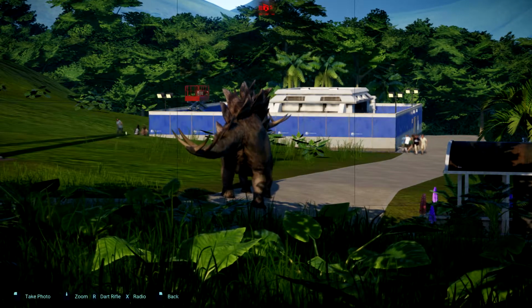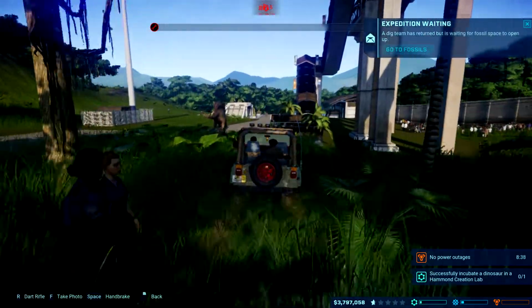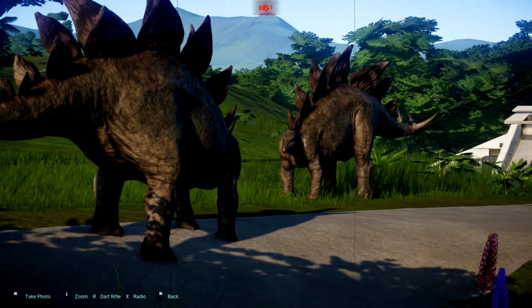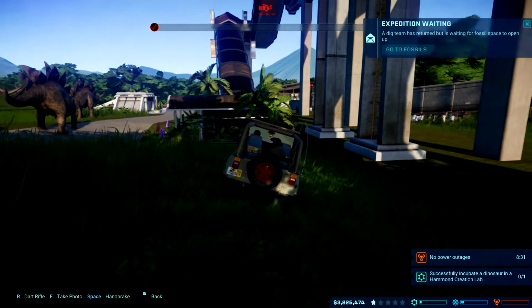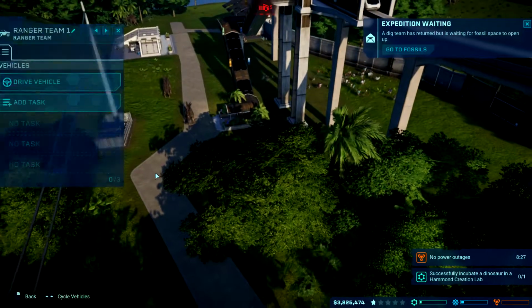So we need... Oh, those two Stegosaurs are a little bit wonky. Oh, okay. It was just the perspective. So they're socializing. They're not attacking any guests, and they're comfortable. So I don't think they're going to be a problem. While you're out here, though,